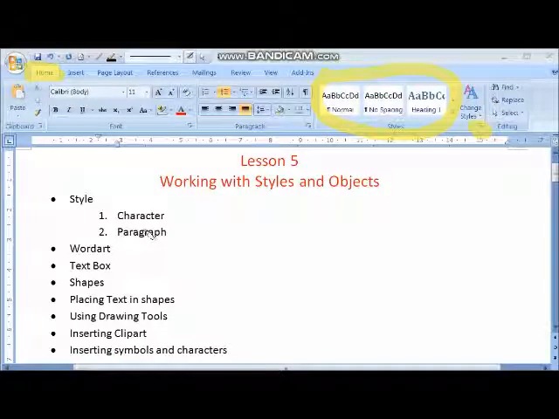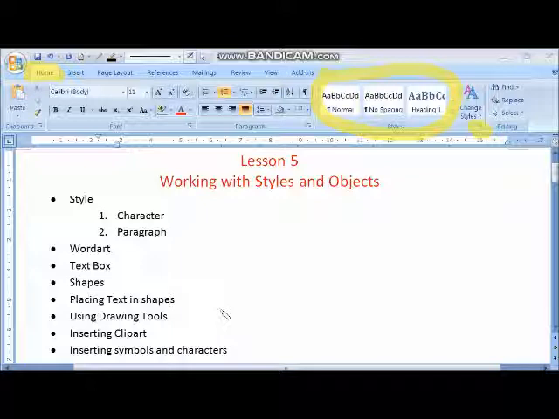So quickly we are going to do styles, character and paragraph style. Then we are going to learn how to insert WordArt, how to insert a text box, how to insert shapes, then how to place text in shapes, if you have already inserted shapes. Then using the drawing tools which are available in shapes. Then inserting clip art: if you want to insert some picture, you can use clip art.